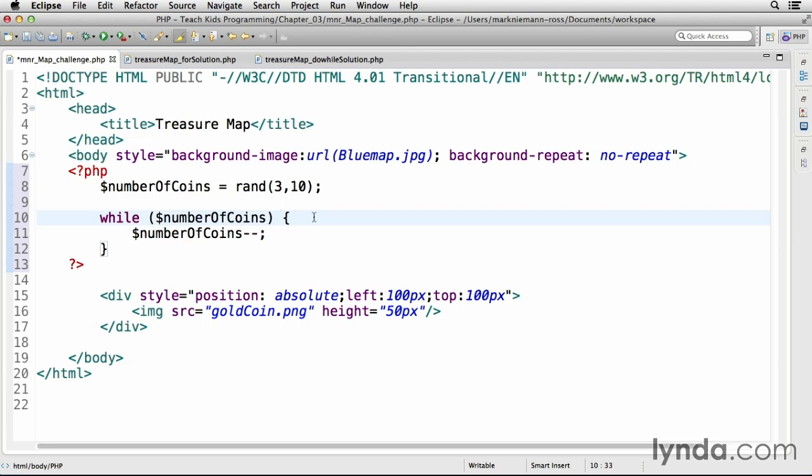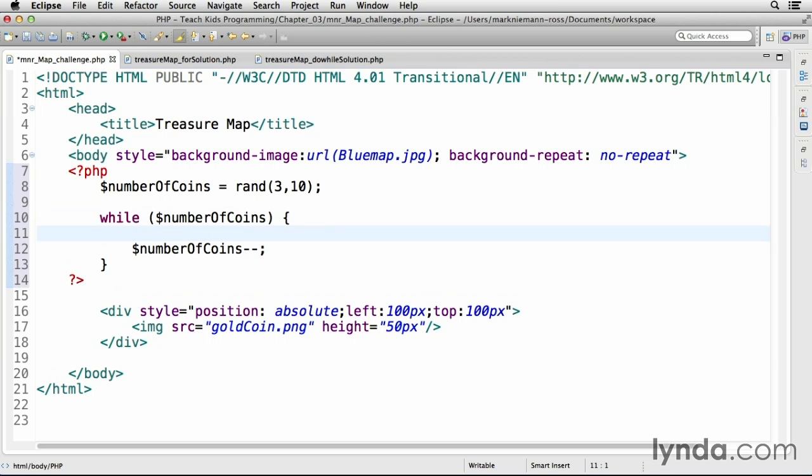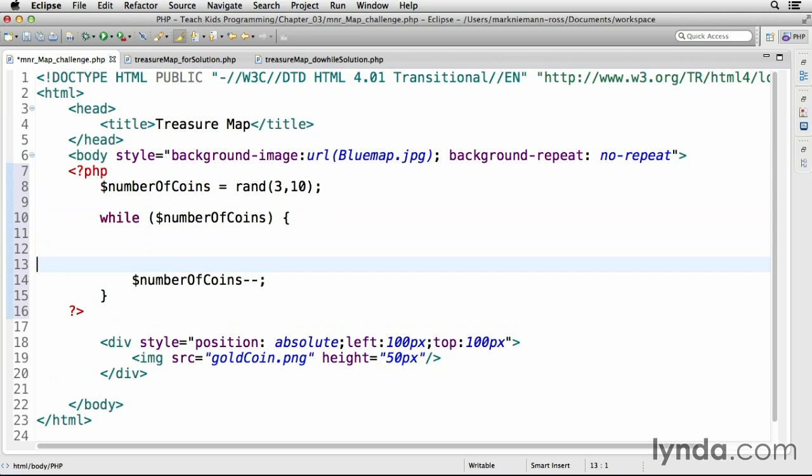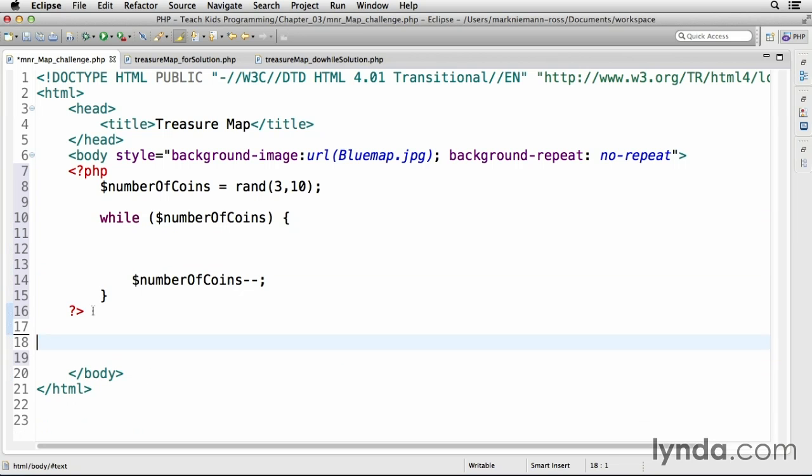All right, now we need to have while actually do something. So let's have it print out all of the HTML that's required in order to place a coin. Let's go ahead and put that in here. I'll give it a little bit of space, and I'm just going to cut this code out and paste it